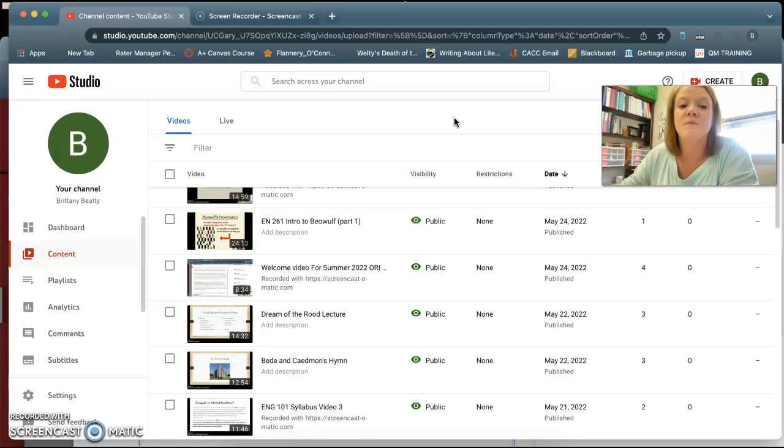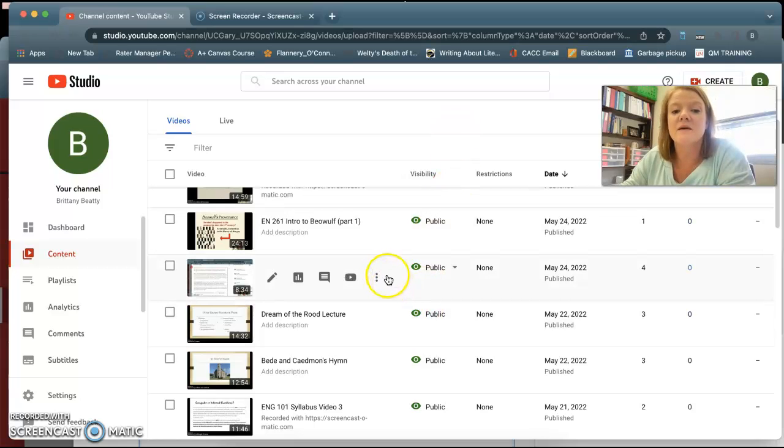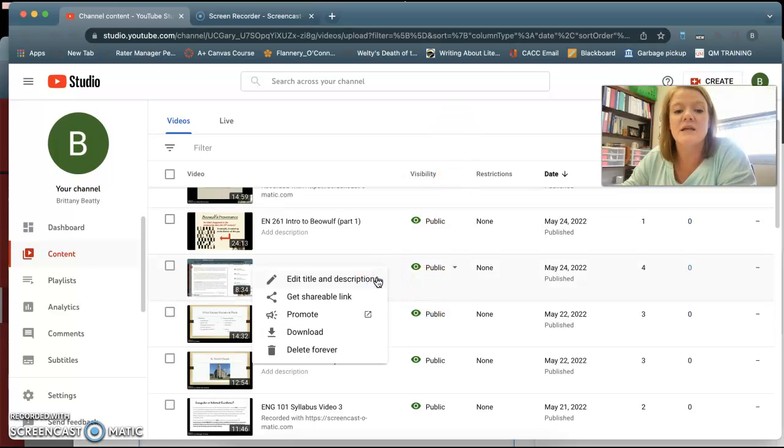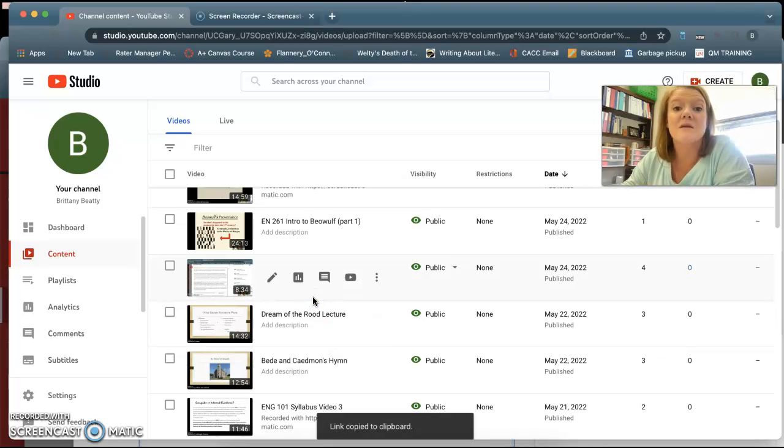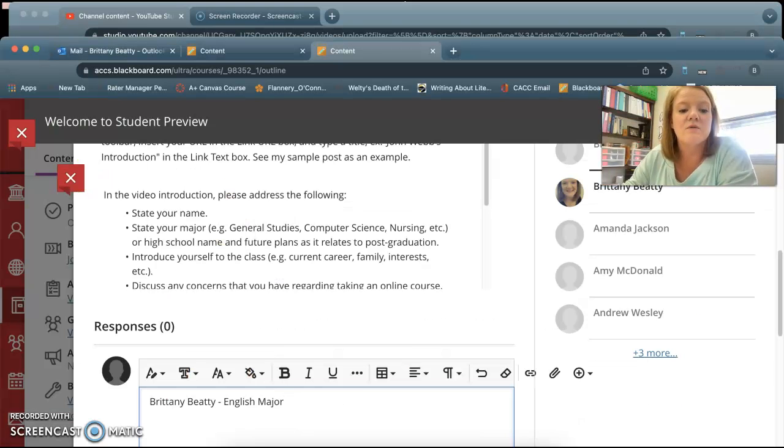But for the purposes of this particular assignment, I have to be able to click the link and see the video. So make sure it says public, and then these three little dots right here, you're going to click that and click Get Shareable Link. When you click that, it's going to copy the link to your computer, okay? So then we're going to go over to